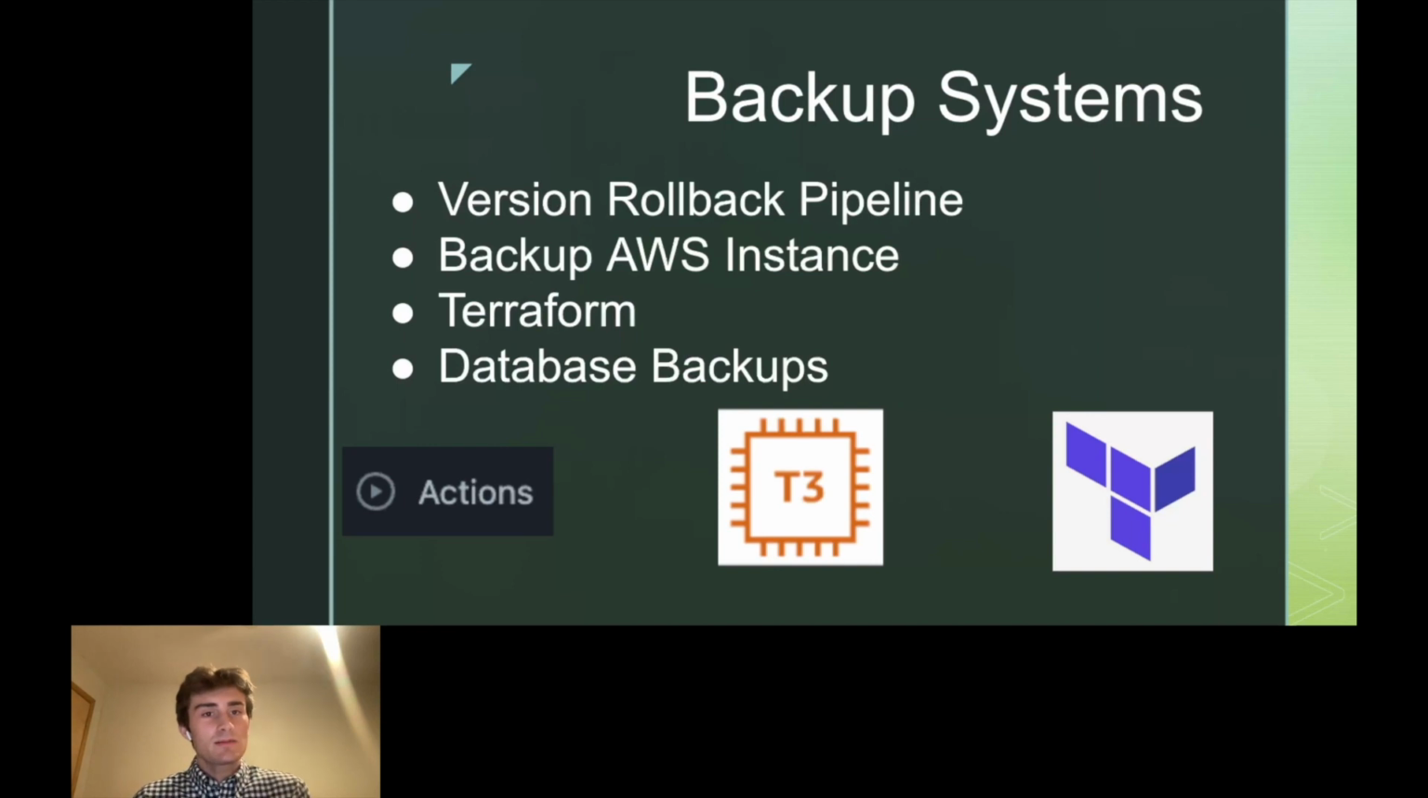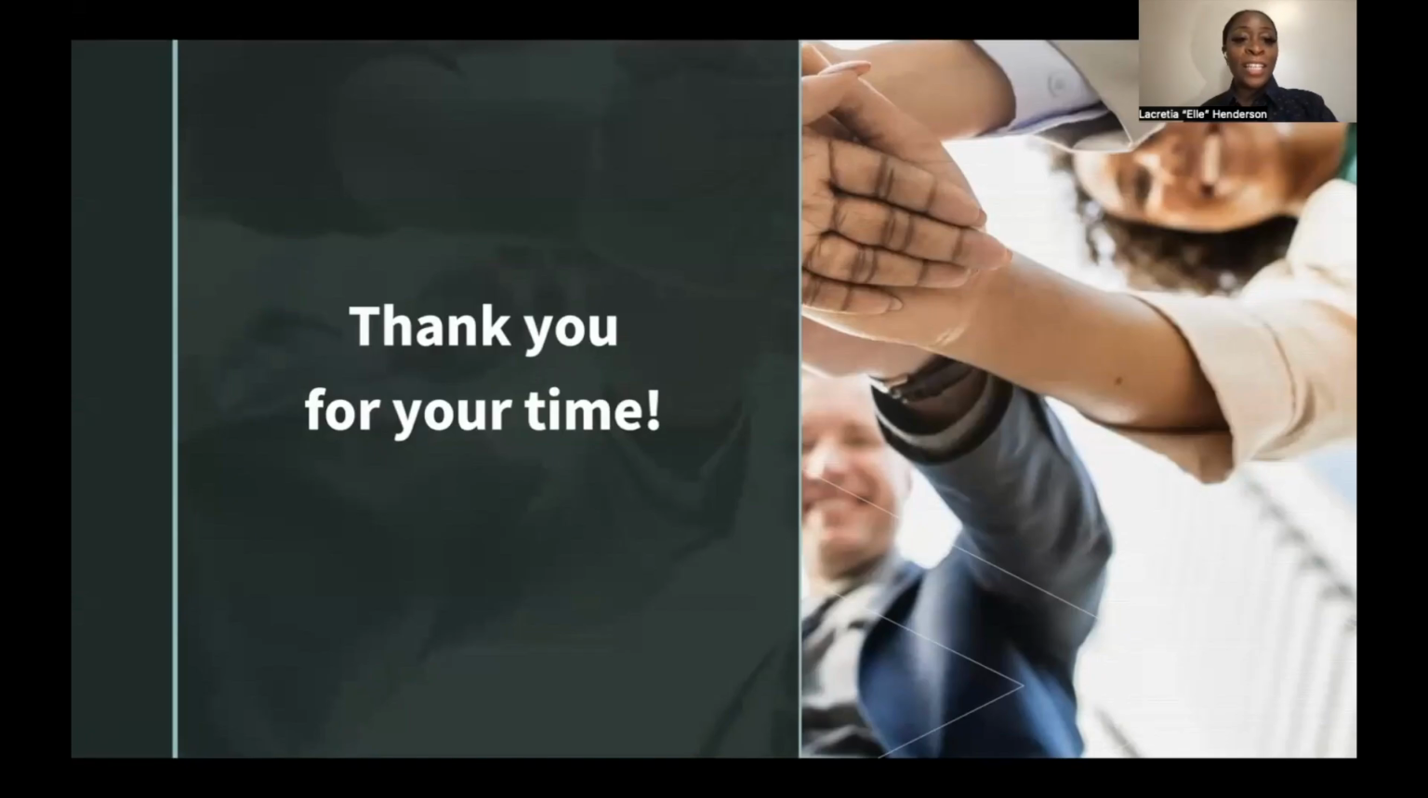In terms of backup systems, I'd like to hammer home these concepts to ensure you understand our reliability. We have a version rollback pipeline that we've implemented using GitHub Actions. This takes the most recent working version of our application from the S3 bucket and deploys that jar to our EC2 instances. This means in case of